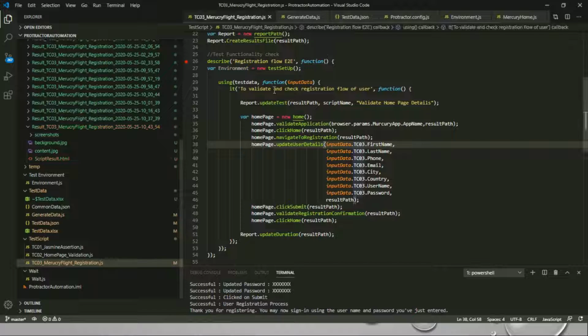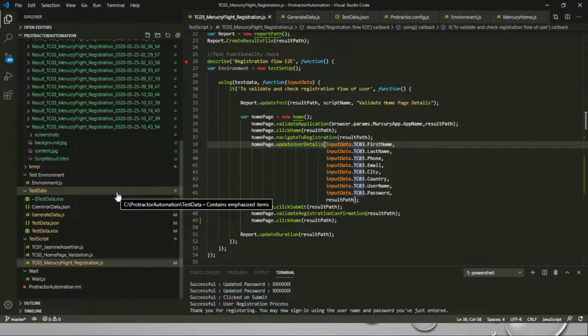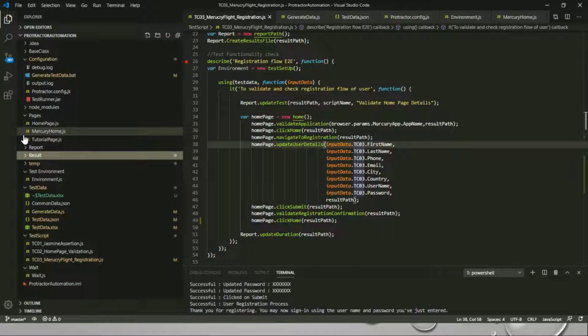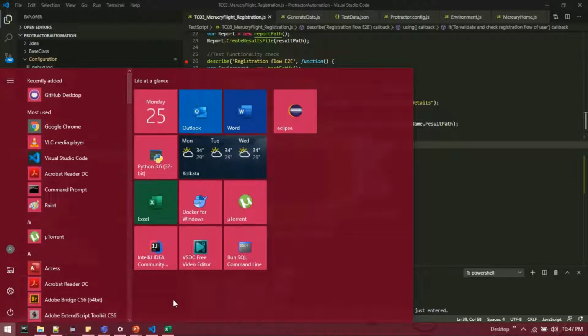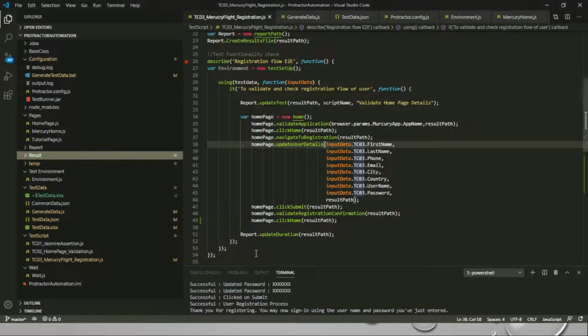Anyway, we have seen how easy it is to configure our test and do data-driven testing in our test automation framework. We can either feed our data directly in the test data JSON and common data JSON, which will be common, or we can choose to feed our data in the test data XLX, and we don't have to worry about any JSON format or JSON data. Inherently it will be fed to the automation suite at runtime. So this is how we can perform data-driven testing in our test automation framework.